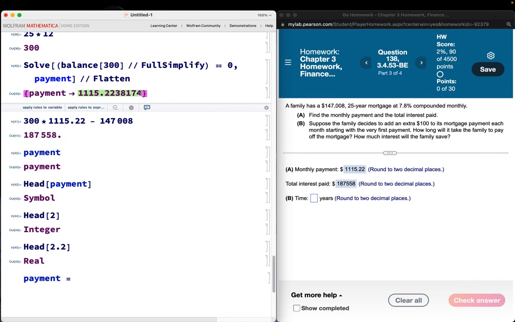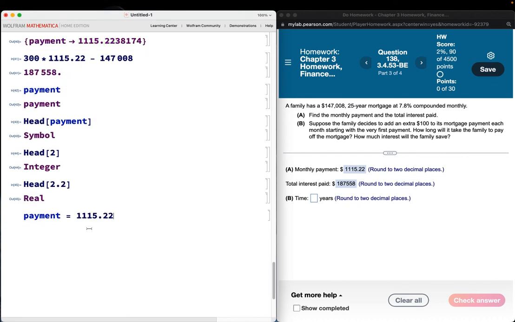Well, should I use, maybe I should just use 1,115.22. Let me just round out to 2 decimals. Although, should I really use... Now, this is something I get confused about. Should I use 2 decimal places or should I use all the decimal places? This does get tricky. Let me use all the decimal places. Although maybe... this does get very tricky. I'm going to use 2 decimal places. Let's see what happens. Let's use 2 decimal places, okay?